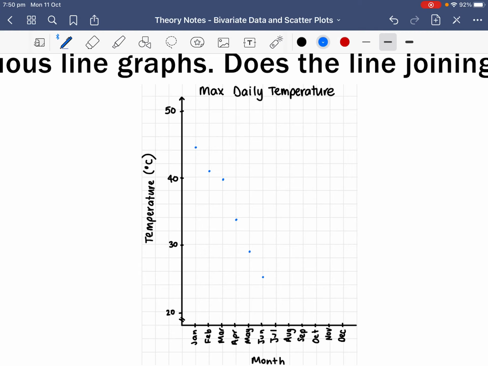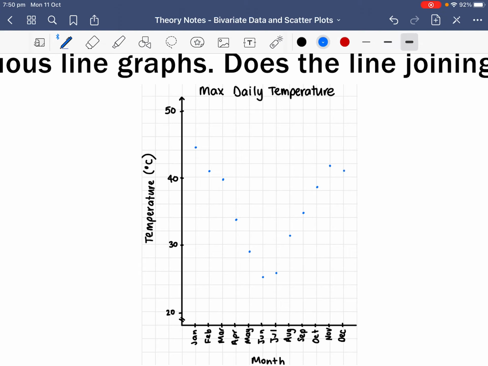July, we have 25.9, so a little bit higher. August is 31.3. We have September is 34.5. We have October is 38.2. November is 41.8. And December is